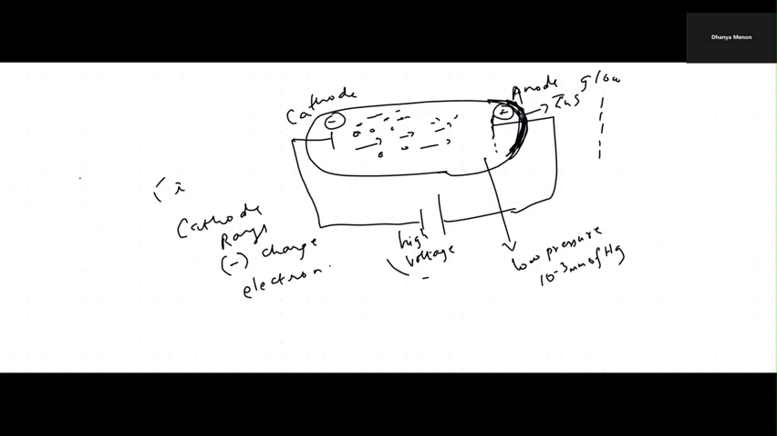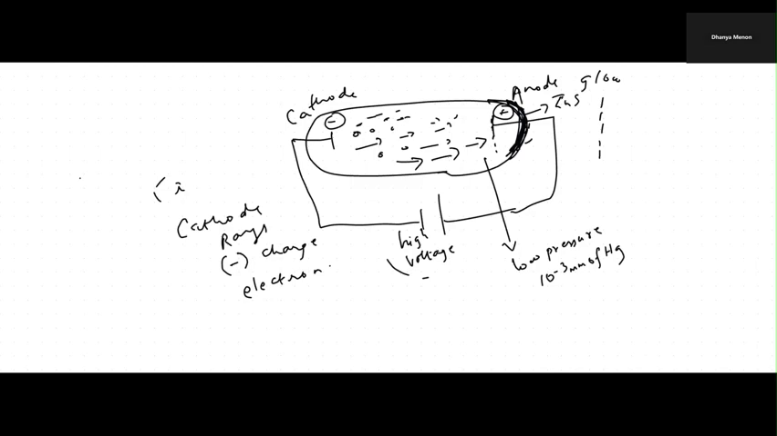Because if the pressure is low, the number of gas particles is less, so the chances of collision are very, very less. So they head straight towards the anode, and that is why they could see the fluorescent glow around the anode or behind the anode or on the fluorescent screen. Okay. So pressure is maintained low so that the gas particles do not collide with each other and they move